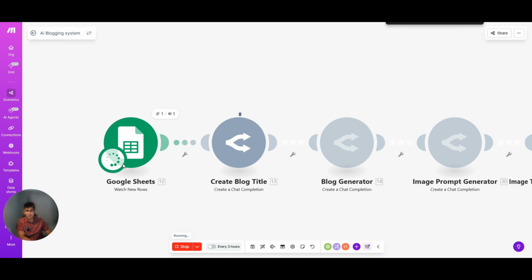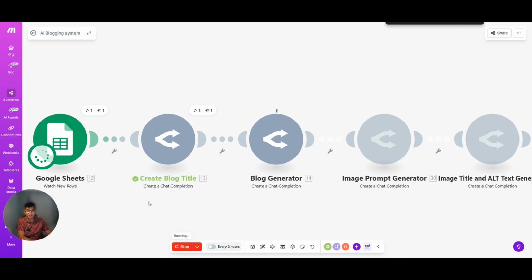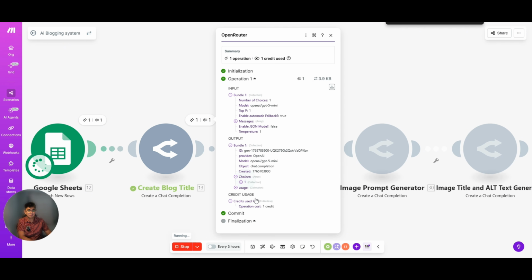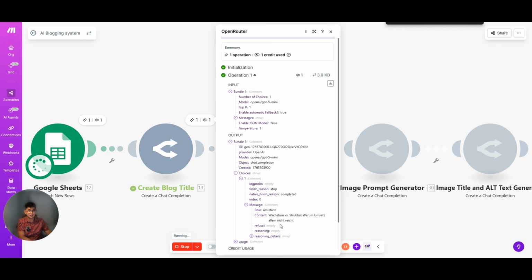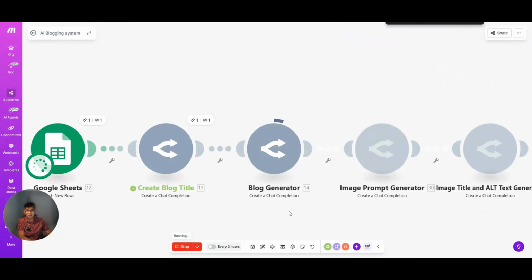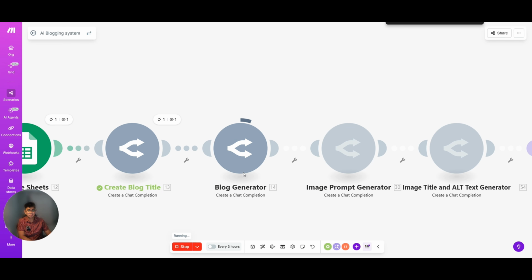Now it watched for new rows, and it successfully created a blog title. Let's check the blog title generated. I think, yeah, it's similar. Now it is writing a blog post. It finished writing the blog.